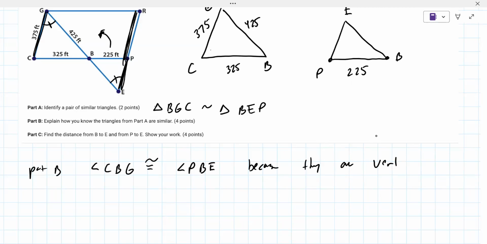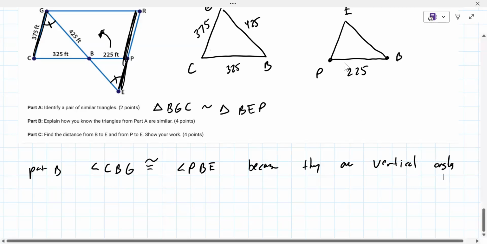So they're vertical angles. Got it. All right, I got that down. So now, yes, now we do need to say that,